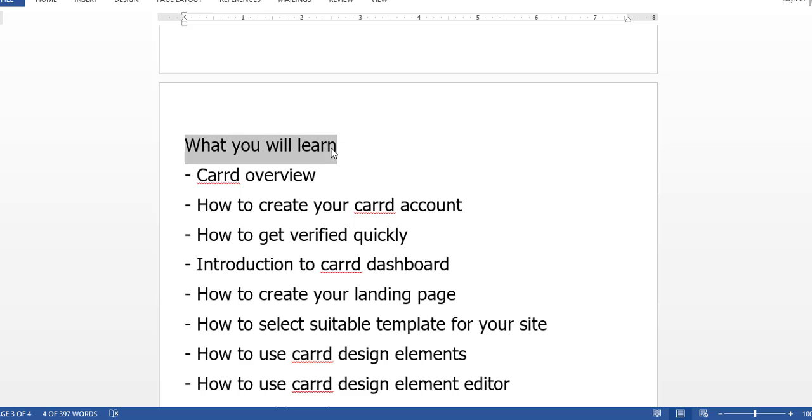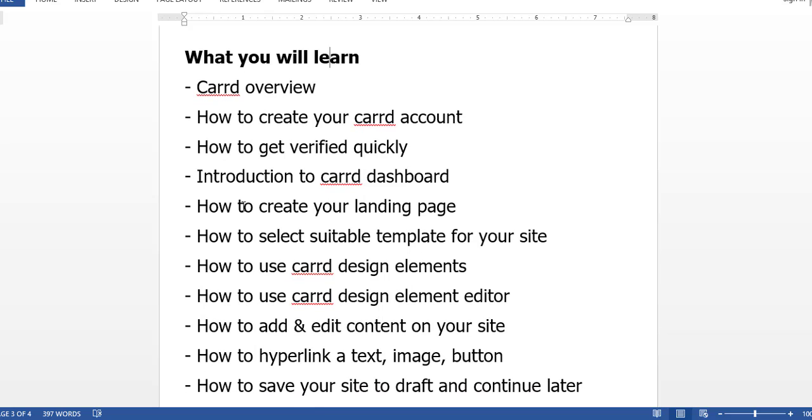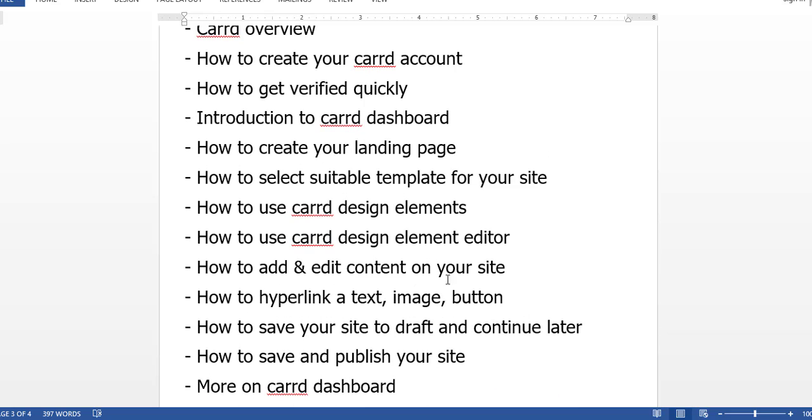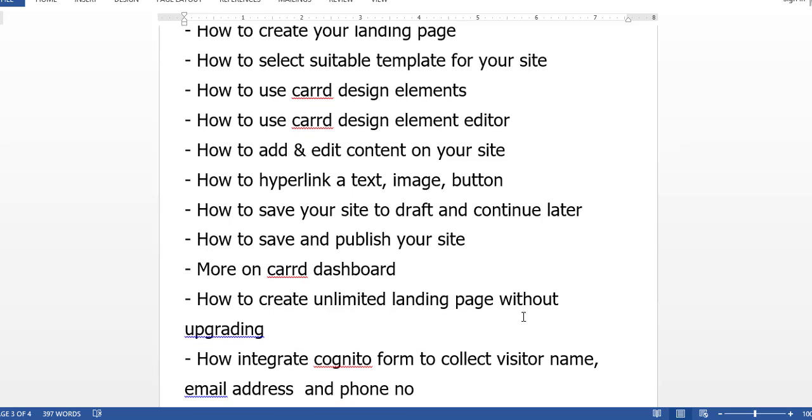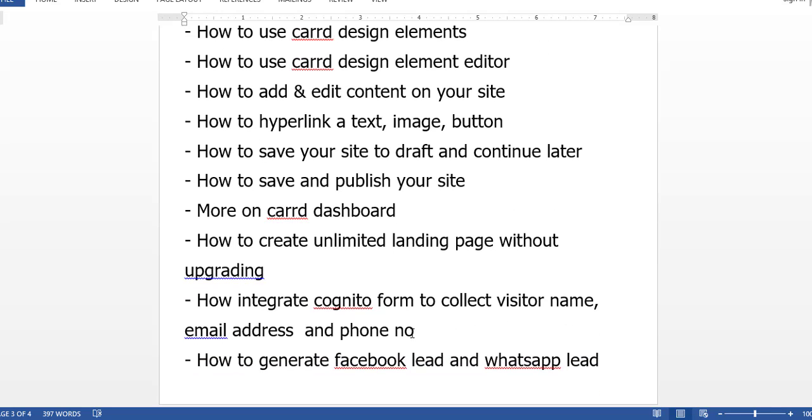What you are going to learn is an overview of Card, how to create your Card account, how to get verified quickly, introduction to the Card dashboard, how to create your landing page, how to select a suitable template for your site or landing page, how to use Card design elements and the design element editor, how to add and edit content on your landing page or site, how to hyperlink a text, image, button and the like, how to save your site to draft and continue later, how to save and publish your site, more on the Card dashboard, how to create unlimited landing pages without upgrading, how to integrate Cognito Form to collect visitor names, email addresses and phone numbers, and how to generate